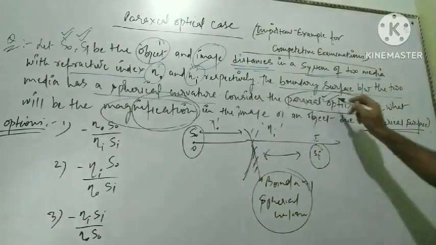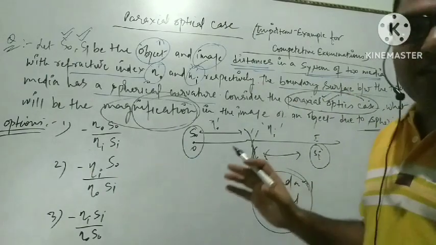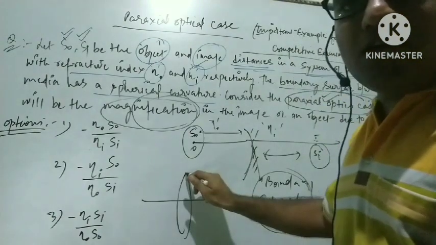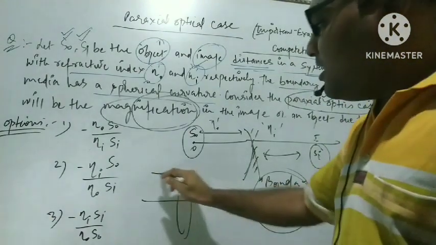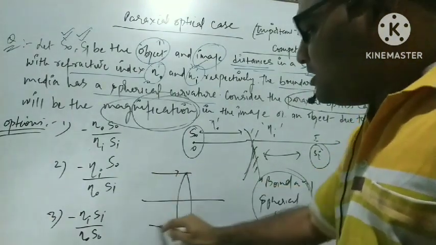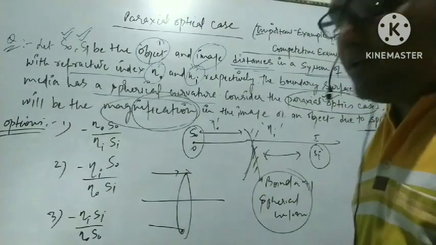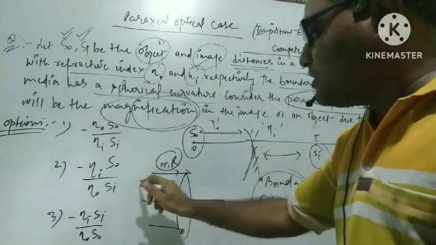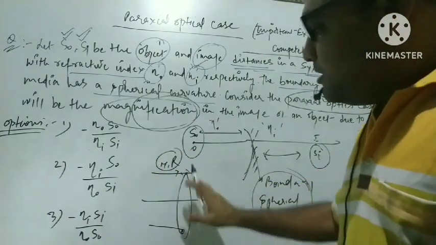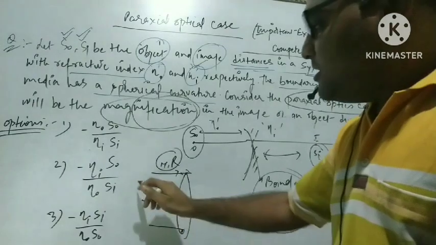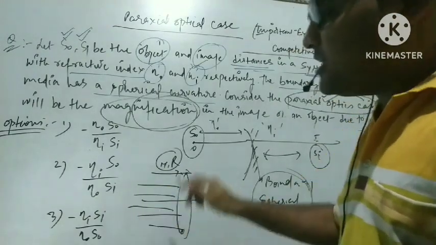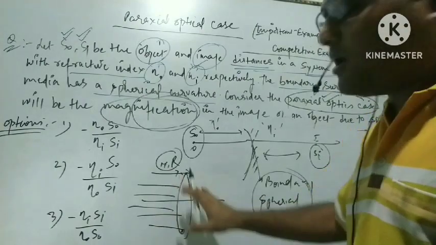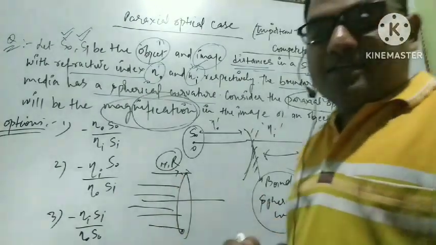Consider the paraxial optics case. The paraxial optics case simply describes the light rays that are not concerned with the margin. The light that comes through the end points of the lens or the curvature is called marginal rays, and we are not bothered about the marginal rays. We are concerned with all the rays that lie between the two marginal rays. These are called paraxial rays, and here we are concerned only with the paraxial case, not the marginal case.